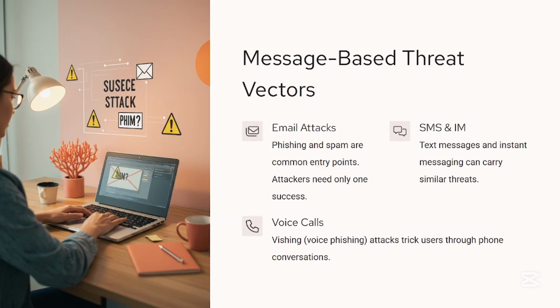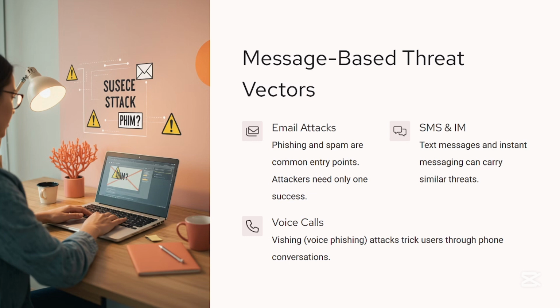So let's look at some common threat vectors, like message-based threat vectors. Through these threat vectors, we can have email attacks. This is where phishing and spam are common entry points. So here, phishing and spam